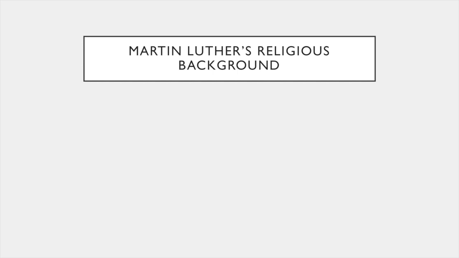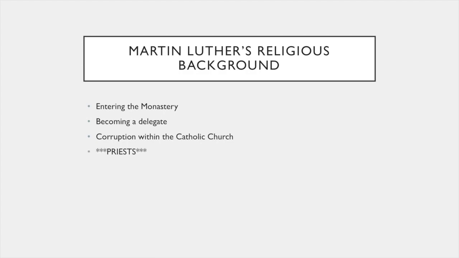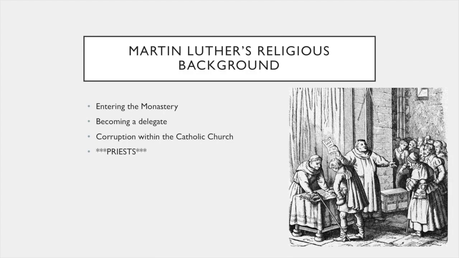At 27, Luther became a delegate of a Roman Catholic Church conference. While he was there, he saw many instances of corruption within the church, especially when it came to the Catholic priests. He noted many abuses of power. Around the same time, Luther went back to school, this time for something different. He obtained a doctorate in theology and became a professor of the same subject at the University of Wittenberg.